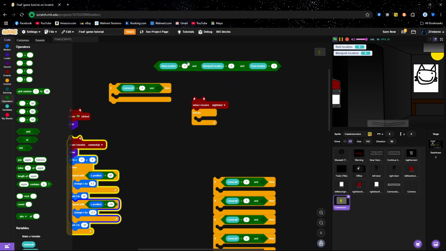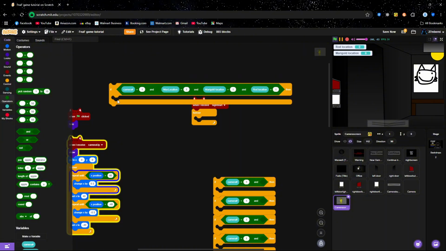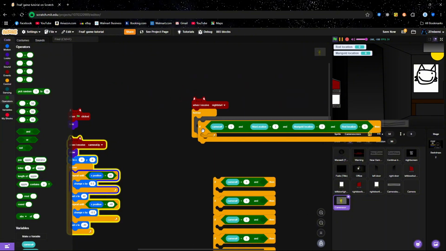Now this is going to be our operator. It's going to be based on 3 different animatronics. Of course, this will probably look different based on how many animatronics you have, but for this one it's just going to be 3 animatronics. Now, since we have this here, we're going to put that in the and operator, put that inside the